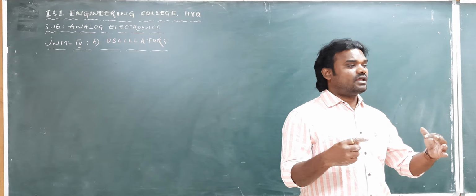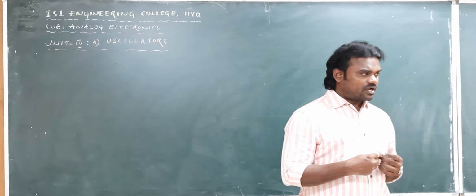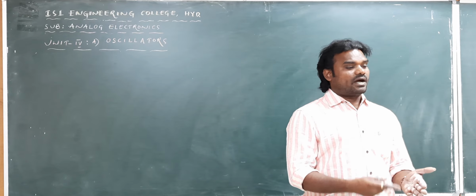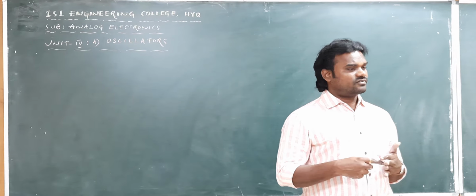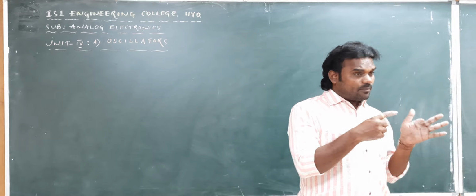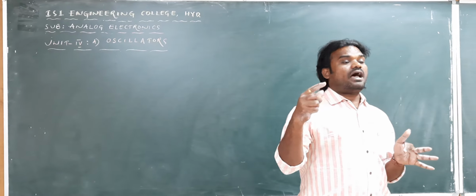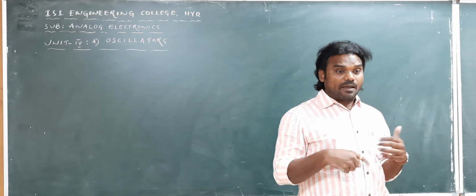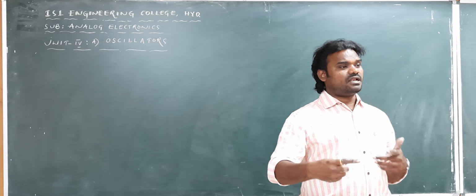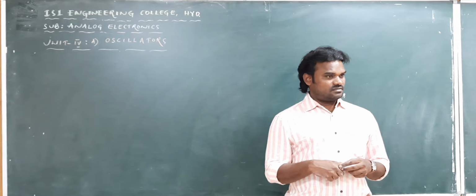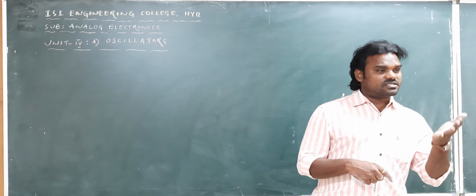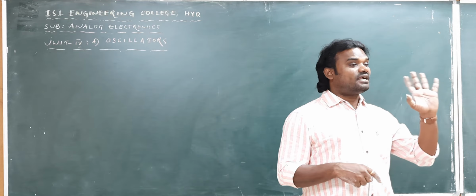So which feedback will act as an oscillator circuit? Positive feedback. In the positive feedback, Vin will keep on increasing with the Vf. If Vin keeps on increasing, Vout also keeps on increasing. At one particular point of Vin, the amplifier is unable to produce the amplification. It makes oscillation. Instead of making the amplification, it makes the oscillations. At one particular time, it makes the oscillation, and that time we can call it a period.